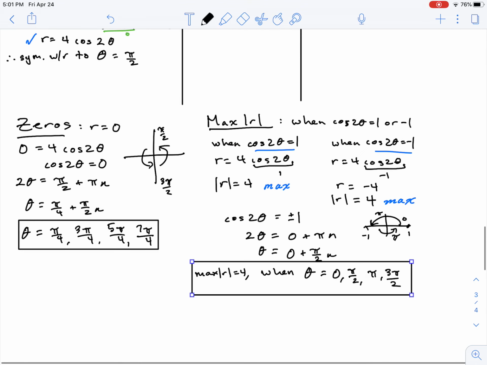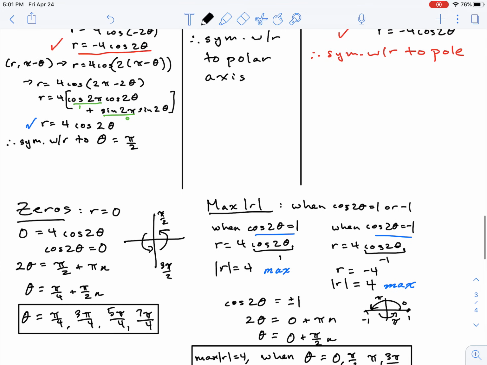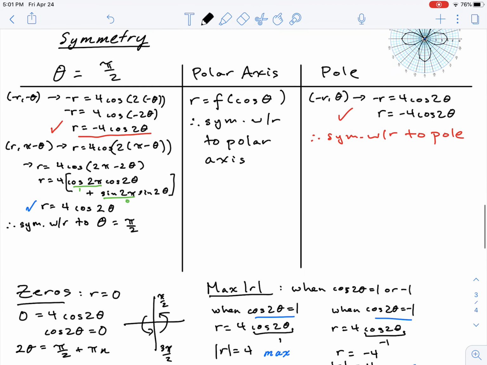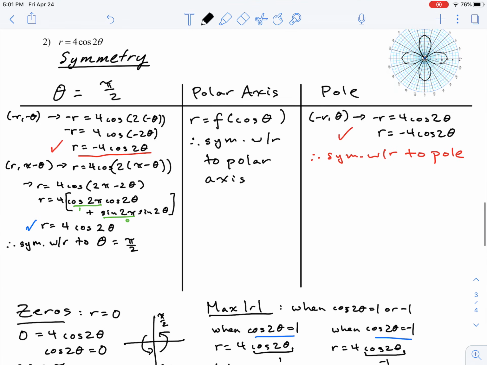Okay, so hopefully that helps out. Now that it's our second time doing this, coming up with our maximum r values, figuring out where those occur, our values for our zeros to make r equal to 0, and then really just, again, thinking algebraically about why the symmetry